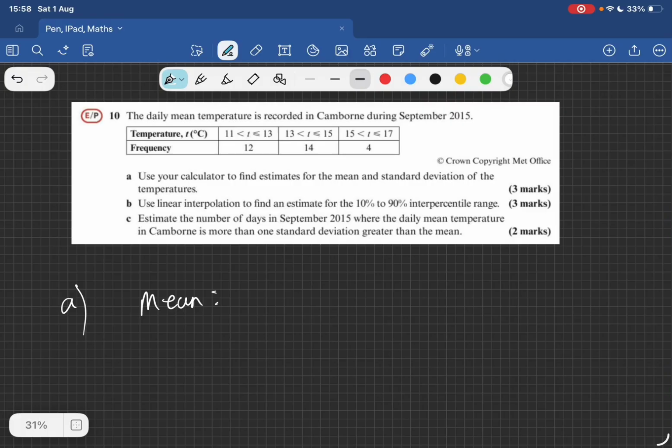Okay, hopefully we know how to do mean here. Just a slight difference here is we're using the midpoints. We're using the midpoints of these ranges. So 12, 14 and 16. So what I'm going to do is 12 times 12 plus 14 times 14 plus 16 times 4, that divided by 12 plus 14 plus 4, which is 30, and we're getting